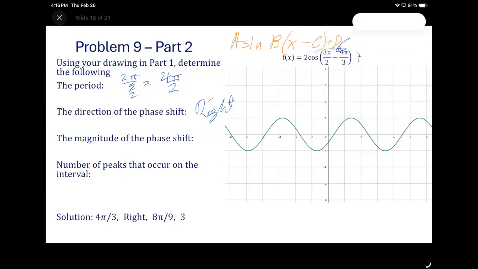Good to know. And then it would be, you said c over a? No, it's c over b. C over b. Yeah. So c over b would be,